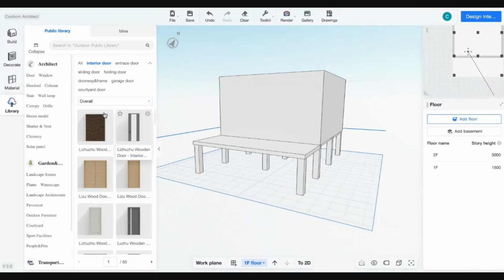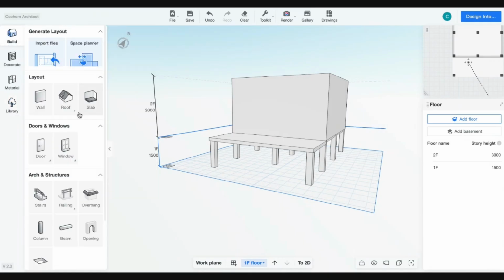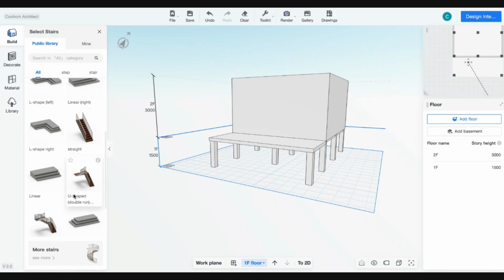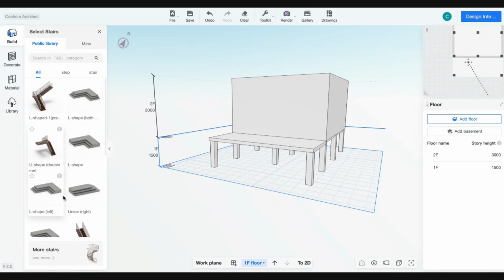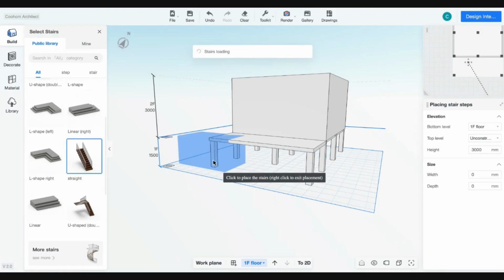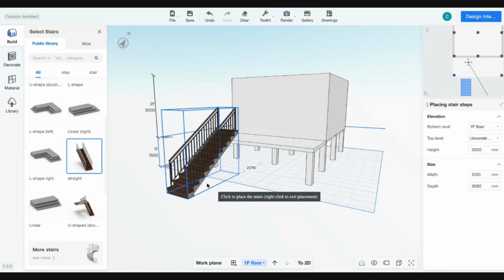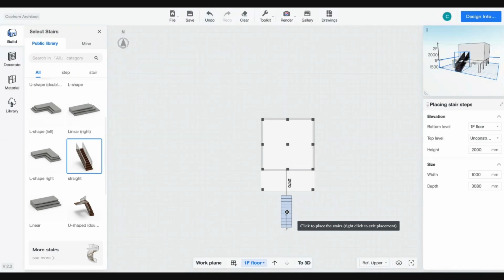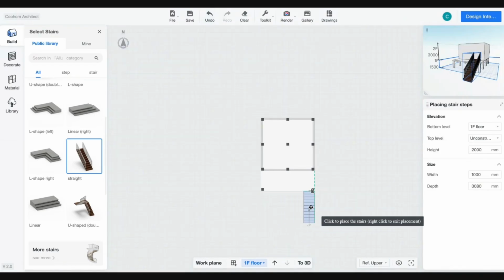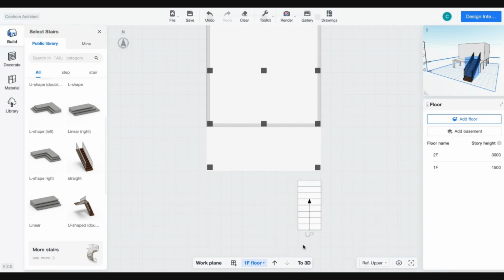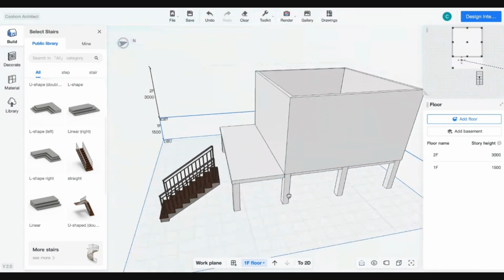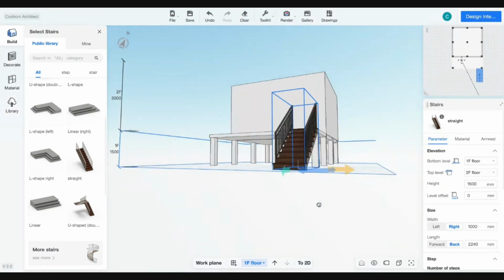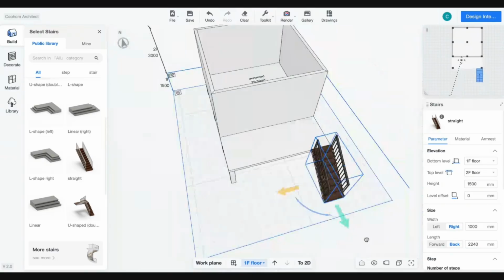Okay, then we can add stairs. So by creating stairs, you can do it this way. There are multiple ways. We have some examples. Okay, we can use this way. For example, here, 3D. It will be switched directly to your design. So it's the same height and everything, right? And then